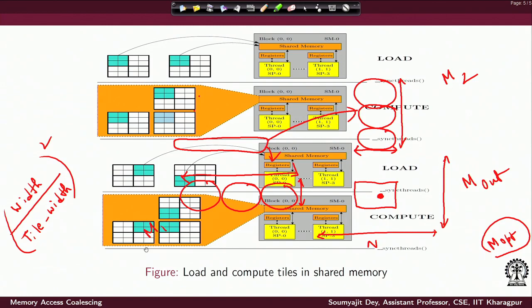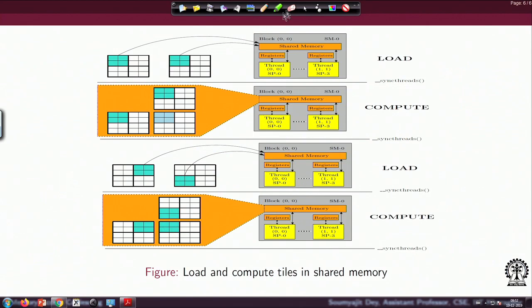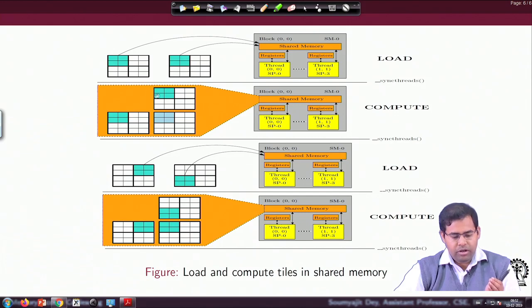I am trying to show that, supposing the method works, the threads which are doing computation for this region are going to collaboratively load data from this tile of matrix 1 and this tile of matrix 1, and do the computation.